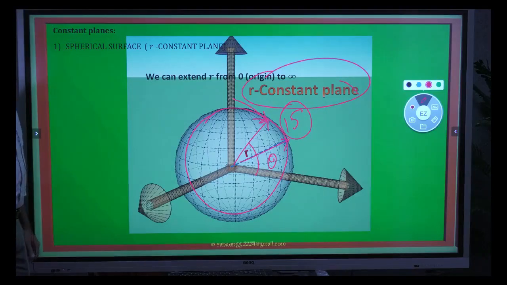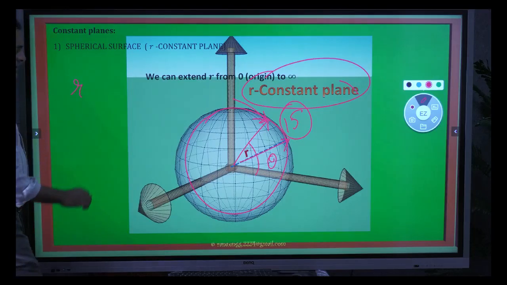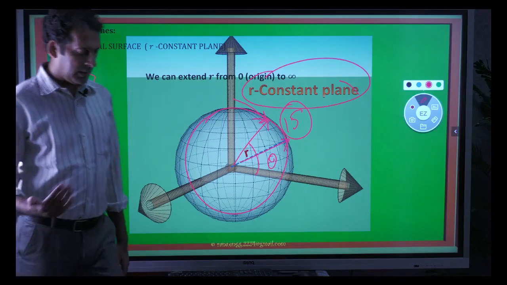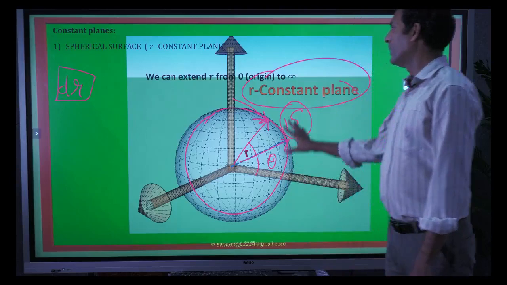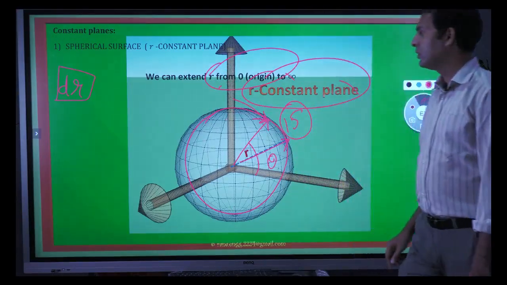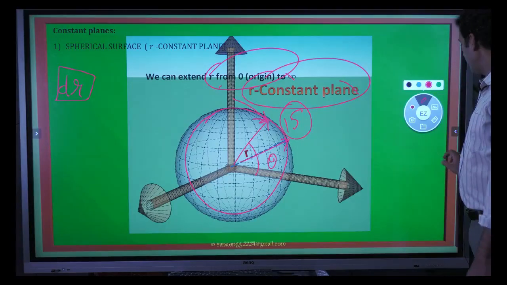So for R, how do we write the differential element? For R, the differential element we can write is simply dr. It is similar to dr or d rho of the cylindrical coordinate system. And the limits, as we discussed, are from 0 to infinity. So this is about the R constant plane. Second one